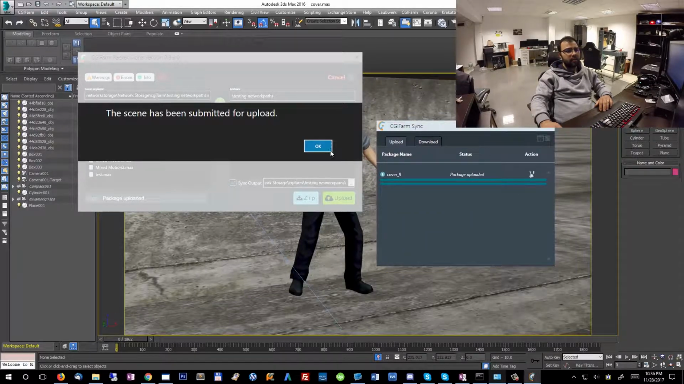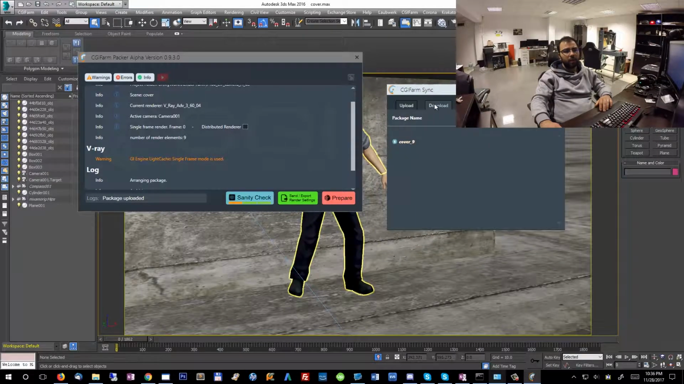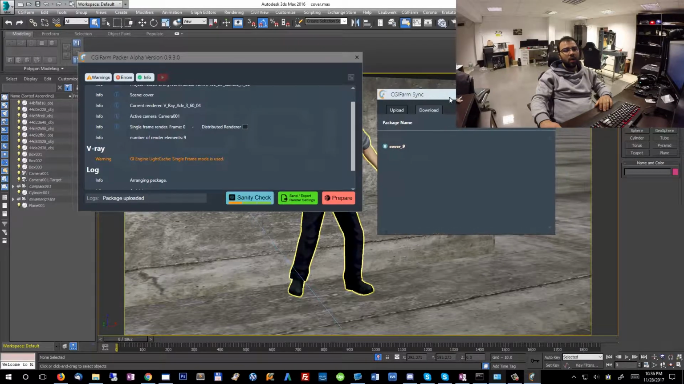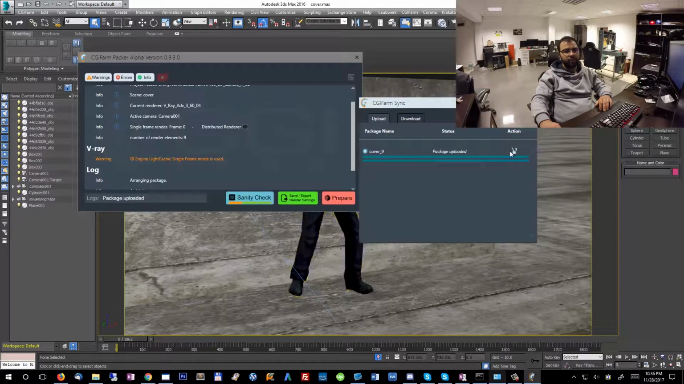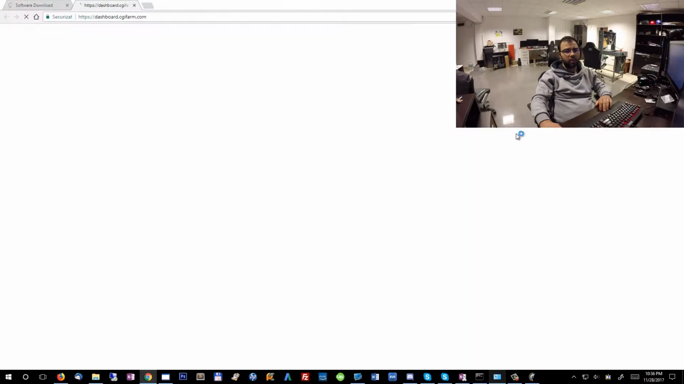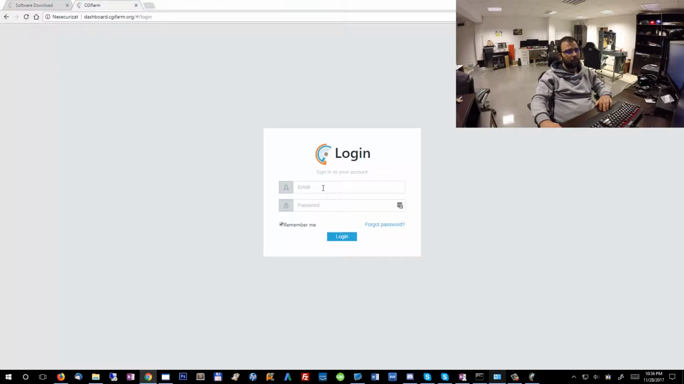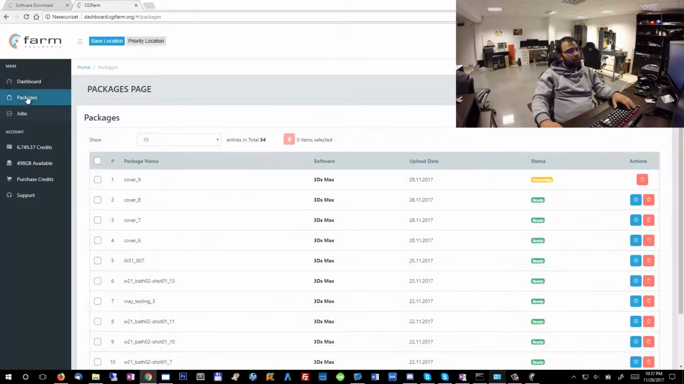The package successfully uploaded, and if you go to the download tab, you're going to see a new package being added here. So for each job that you create on the dashboard, you're going to see a job underneath. I'm going to show you in a few minutes how that looks. I'm going to go to the dashboard now. I'm going to log in. Alright, so checking in the packages page, you're going to see the cover 9